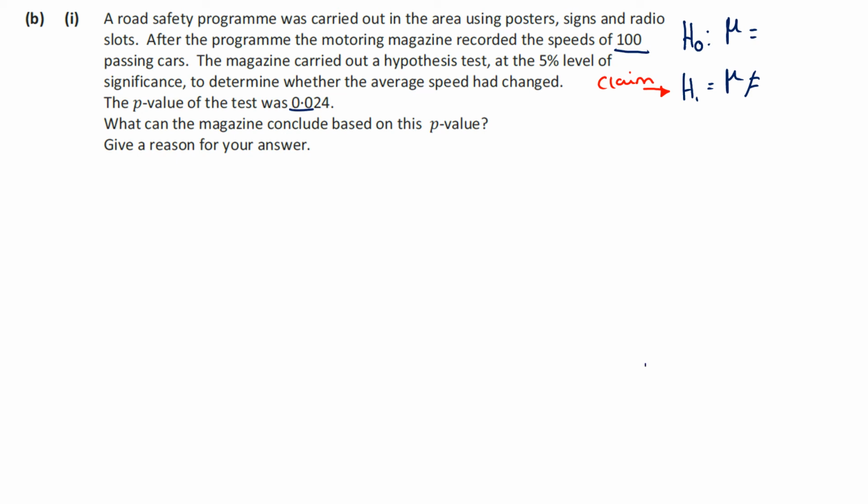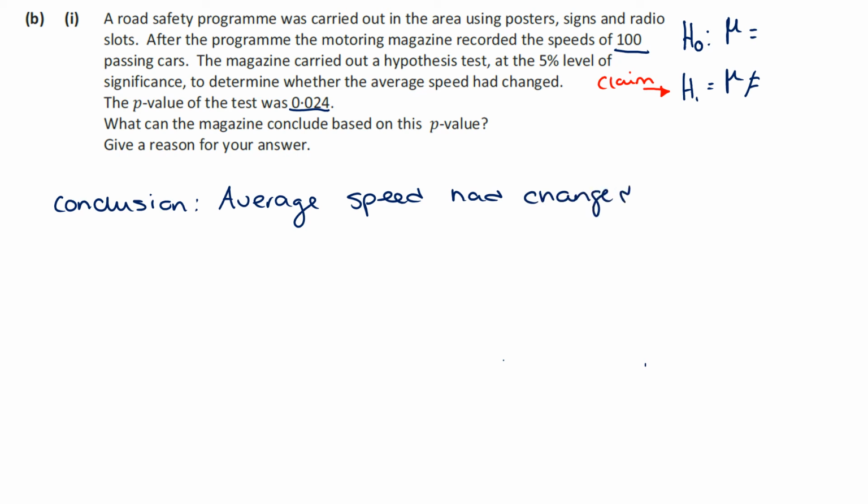The p-value of the test was 0.24. What can the magazine conclude based on the p-value? And give an answer. Give a reason for your answer. So the conclusion, they asked for two parts here. So the conclusion based off this is that the average speed had changed. And the logic for that is,